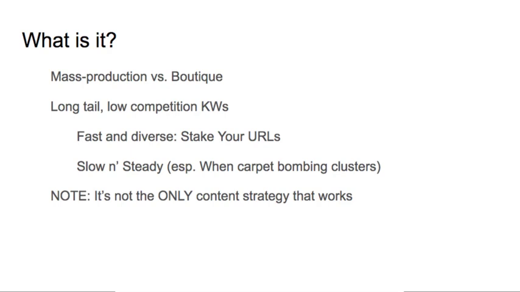What is long tail? Well, it's a longer keyword. It's not one word like shoe. Good luck ranking for that. But it would be something like white basketball sneakers for large feet. That's a long tail. I also know that's a very low competition keyword. It means that there aren't a lot of sites going after it. The sites that are going after it, those pages don't have a ton of authority. In other words, if you go after it, chances are pretty good you're going to be able to get some traffic to it. And that's the whole point.